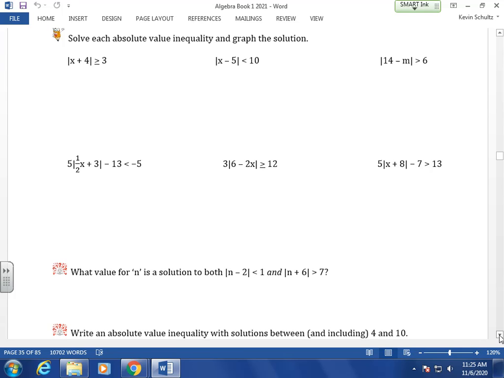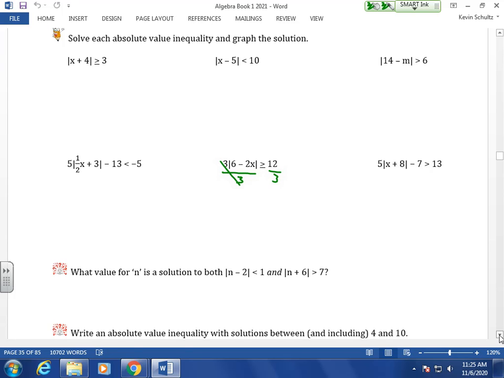You have the 6 minus 2x, which means at some point you're going to have to divide by that -2, which of course brings in the whole flipping sign situation. So this is a good one. We can't break it into our compound inequality yet because we have that 3 out in front. It is mathematically illegal to distribute into absolute value bars, so we are going to divide both sides by 3,